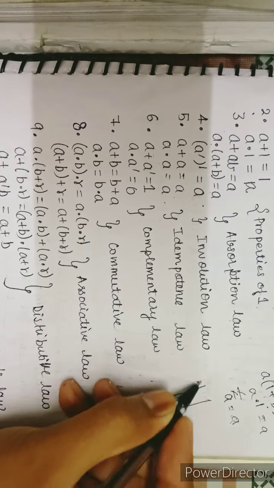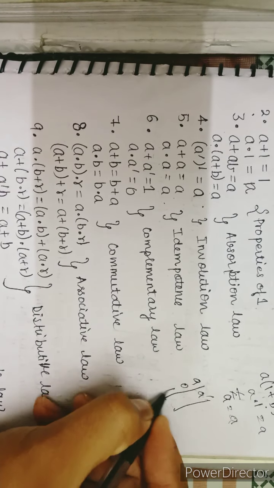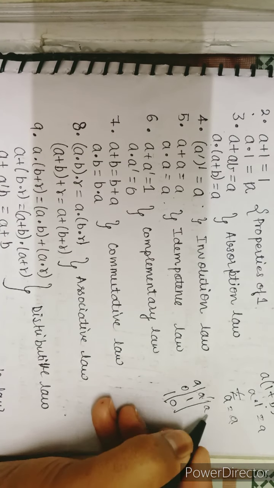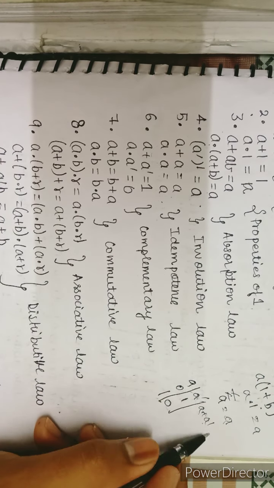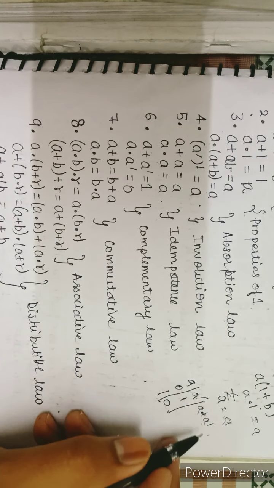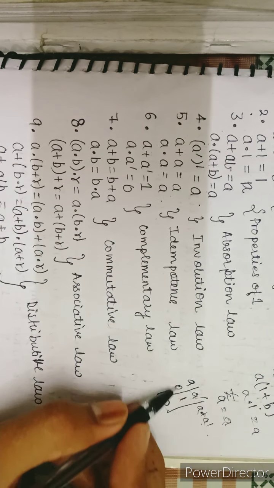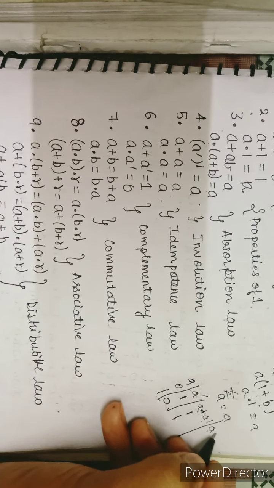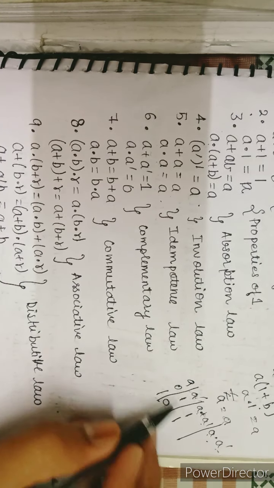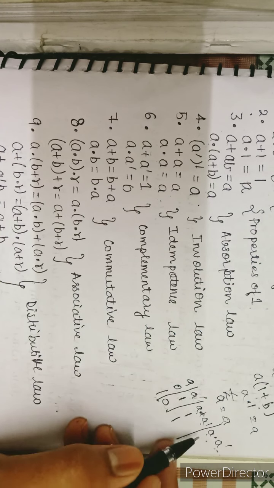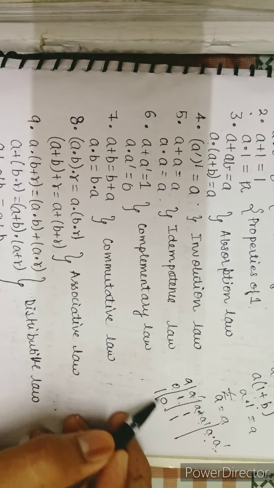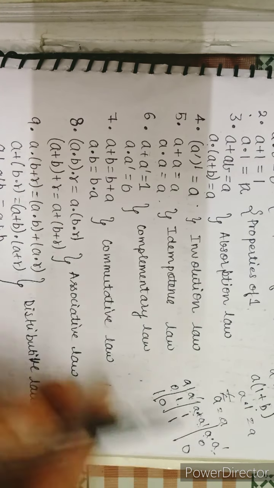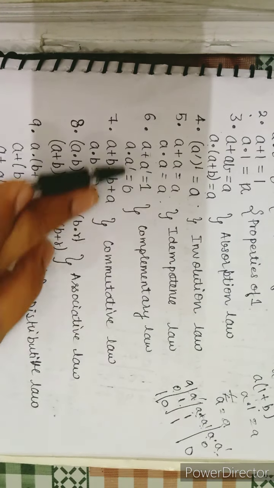Here we will take A, here A bar, so 0 1, and A bar will be 1 and 0. Now A plus A bar means, when either of them is true then it will give true. So 0 1 1 and 1 0 1. Now multiplying it, A into A bar, it will give 1 only when both are true. We cannot see that condition here, so it will be 0 and 0. So we can say that A plus A bar equals 1 and A into A bar equals 0.